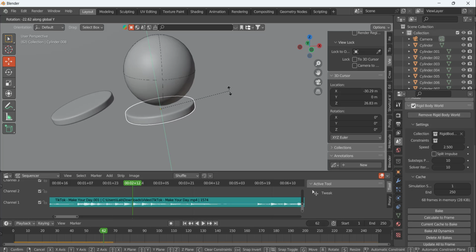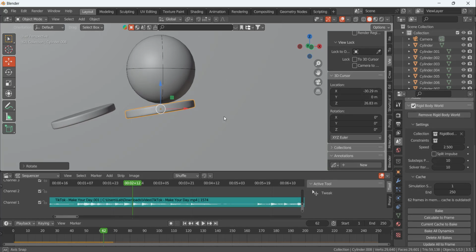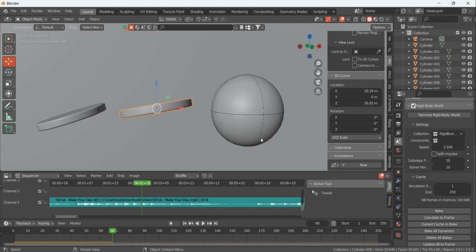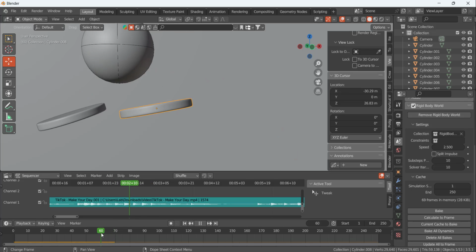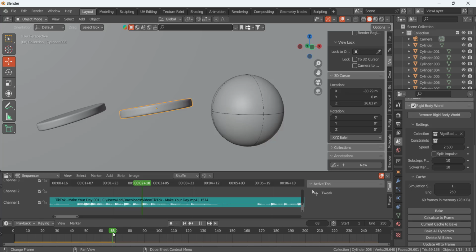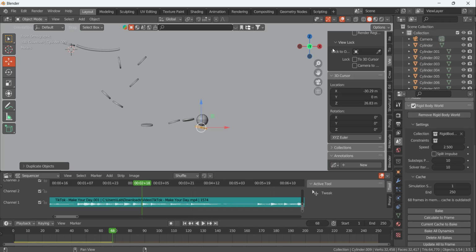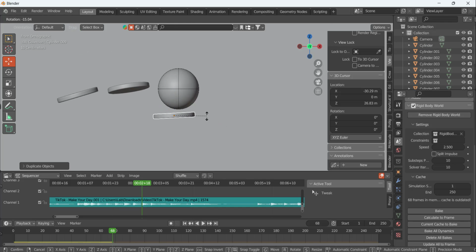So you have to move this bar to the next tune and calculate two frame so you can know at which position you are going to add the next structure. So just see here. So it will hit it, and then at this position we have this structure. Shift D